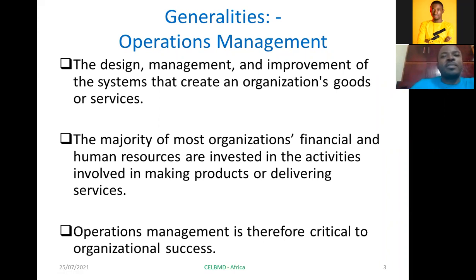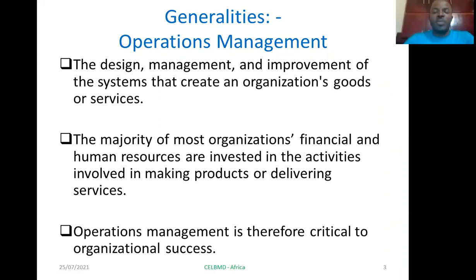And this definition suffices for every organization, whether the value they sell, they trade for money, is a service or a product. Operations management refers to that combination of systems that are designed, that are coordinated to support the production of the services or goods that the organization trades for money. And generally, every organization centers their operation around financial and human resources that are coordinated towards the